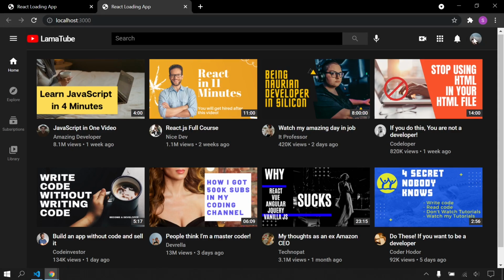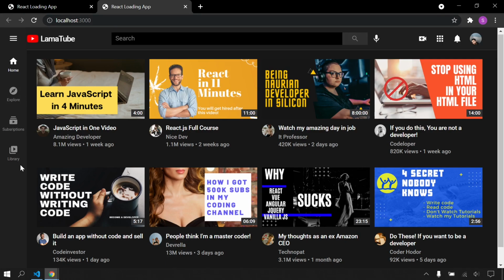As you can see, we have user here, and we are gonna fetch this user, but also we need this user here on the sidebar. That's because if you are not logged in, you are not supposed to see this subscriptions and library. That's because you don't have any account, so we need this user here also. Actually, we don't need user, that's because they are dysfunctional, but what we need is the isLoading variable for this user.